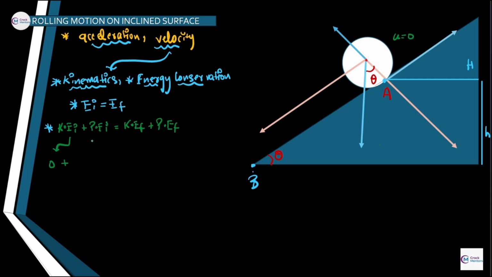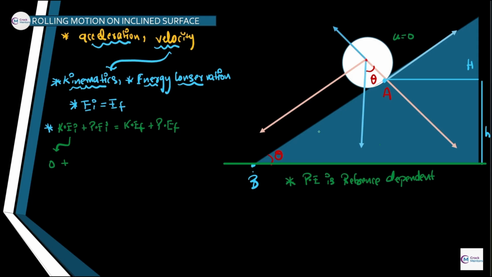There is something I want to mention about potential energy. We know that potential energy is reference dependent, and I'm drawing a potential energy reference line on the bottom of the inclined plane. Why there, and not on any other point? Because it makes the calculation easier. You can go with any other reference line. Now let us focus on what is the initial potential energy that we are having.